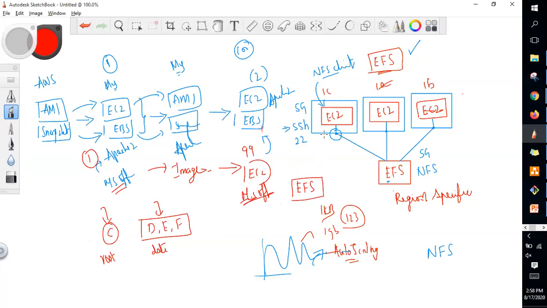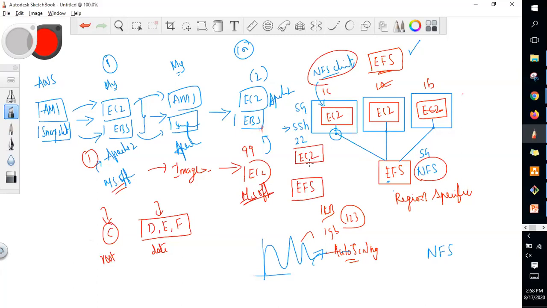Okay, coming to Pawan's question. If you want to support auto scaling and you still want privacy, you create an EFS. I said that in order to mount this EFS from the EC2 instance, this EC2 instance should be an NFS client, and this EFS should have an NFS protocol. So what you do, you create an EC2 instance.